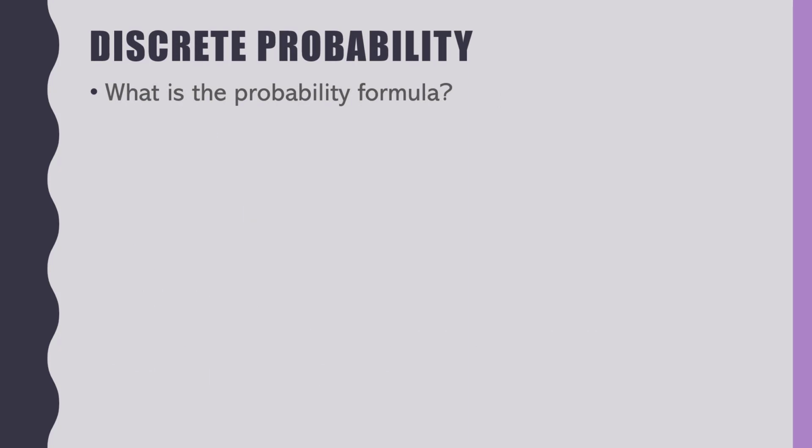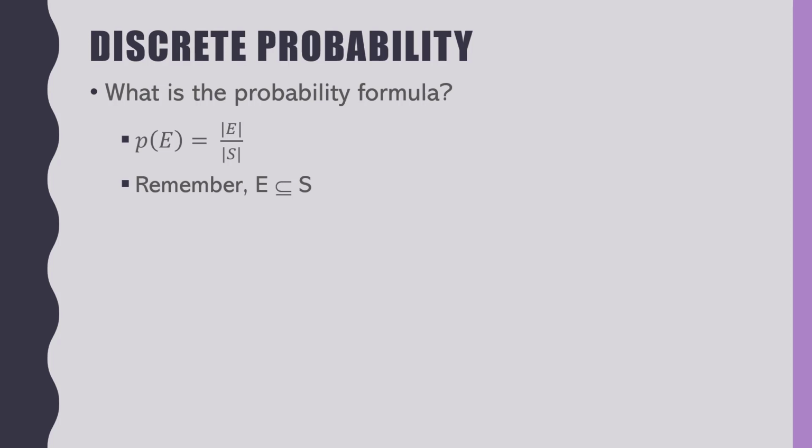So let's just remind ourselves briefly. I just want to take like 2 or 3 minutes on this. What is the probability formula? Favorable outcomes divided by possible outcomes, right? And in our language, we call that the cardinality of the event set divided by the cardinality of the sample space, right? And again, these are sets. All right, good. And don't forget this is important, that the event set is a subset of the sample space,